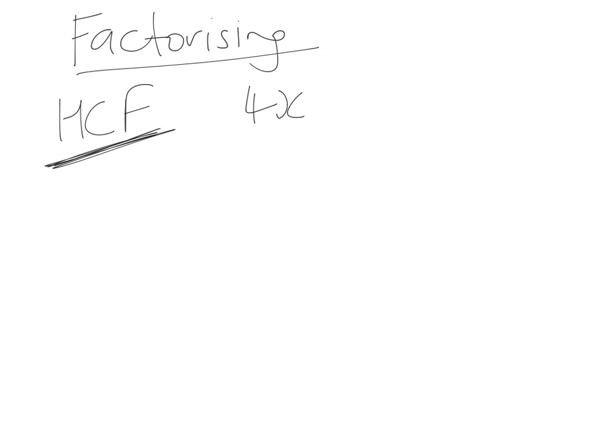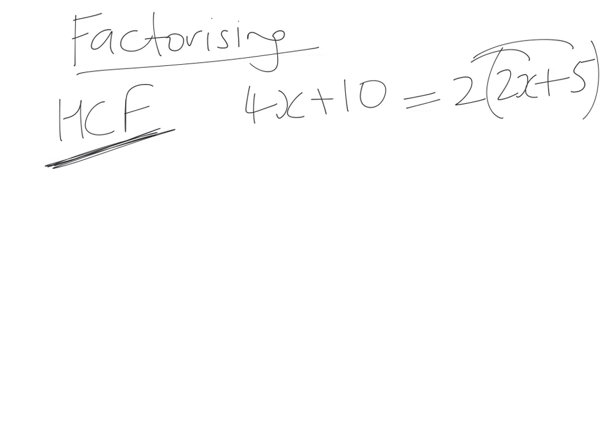So 4x plus 10. What's the highest common factor? 2. What's left? 2 goes into 4 twice with an x. And 2 goes into 10 5 times. You can always check your answer by expanding it backwards. Now, if ever something leads with a negative,